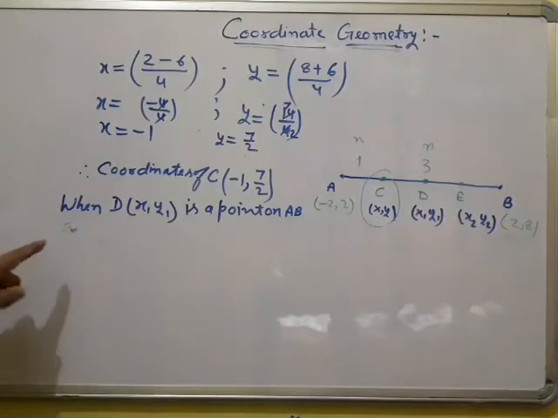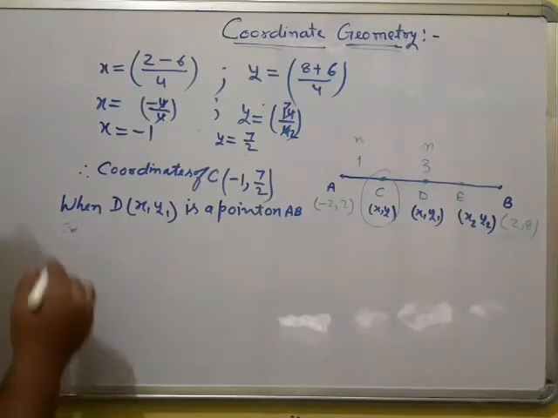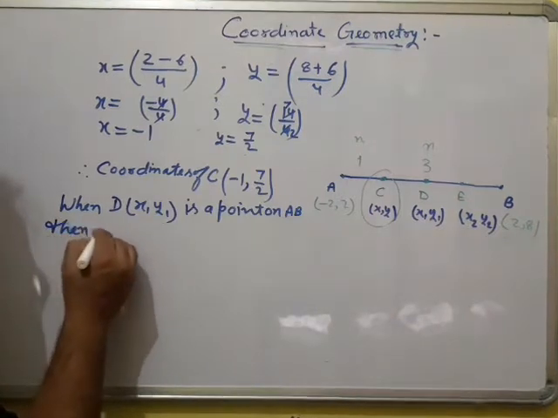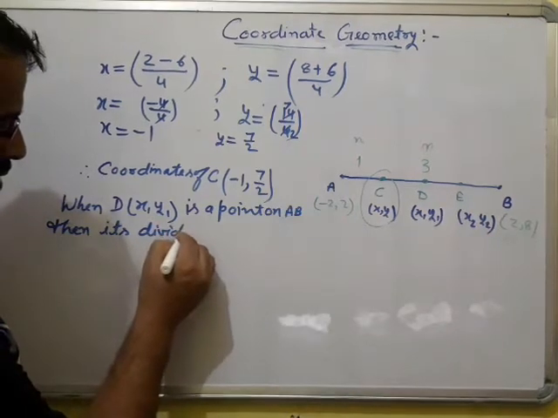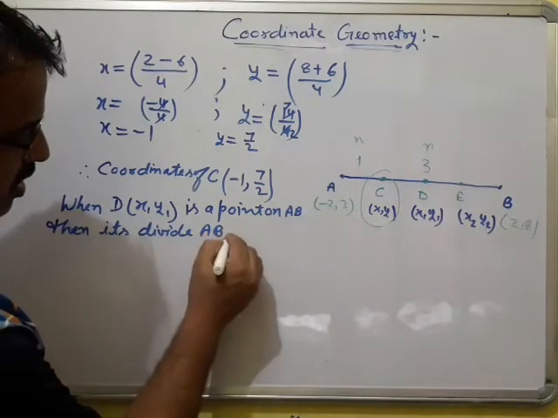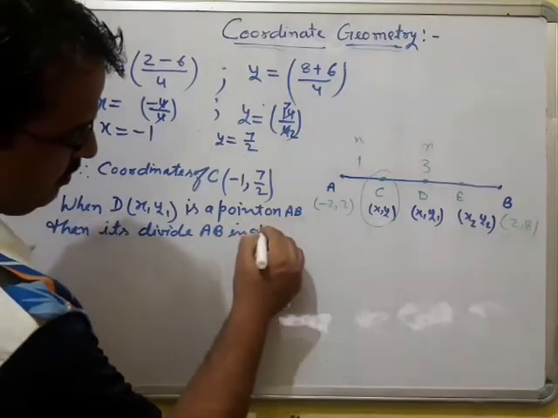Clear? Point on AB, then it divides AB in the ratio of